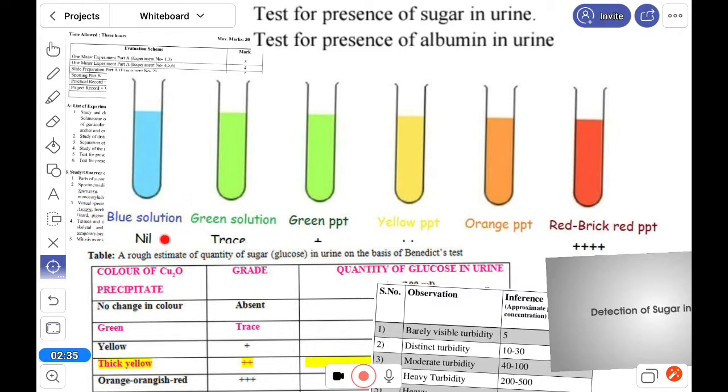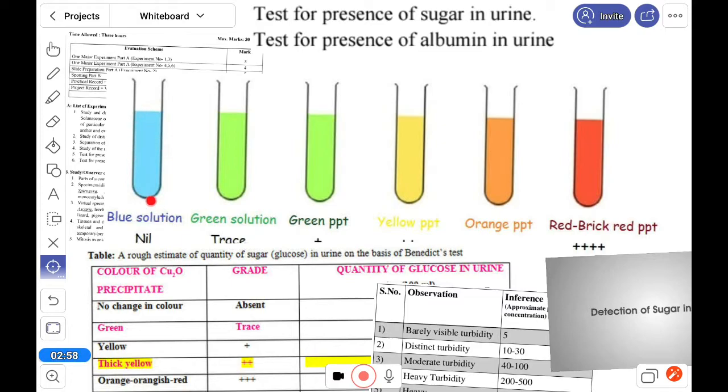This blue solution, if any sugar is inside, we mix the same quantity of urine. Suppose here is the Benedict solution, which is a Turkish blue color, and the same quantity of urine.